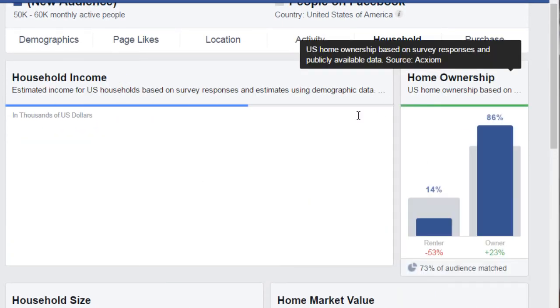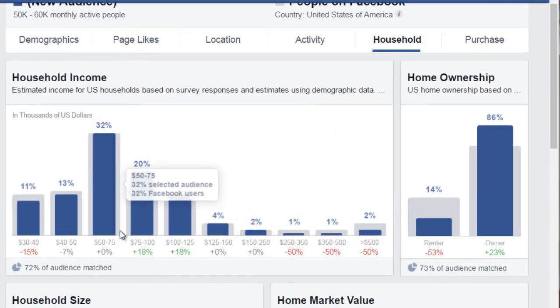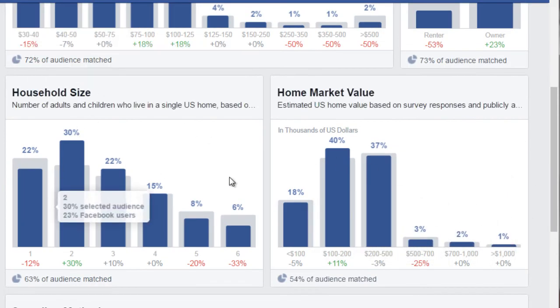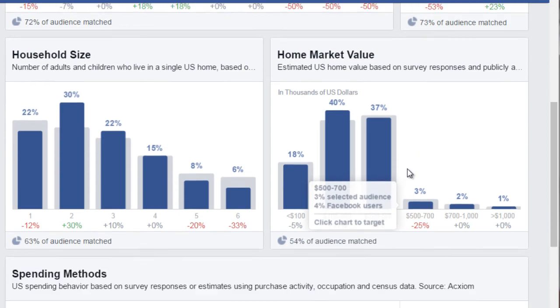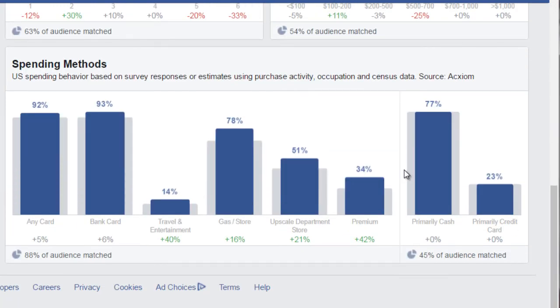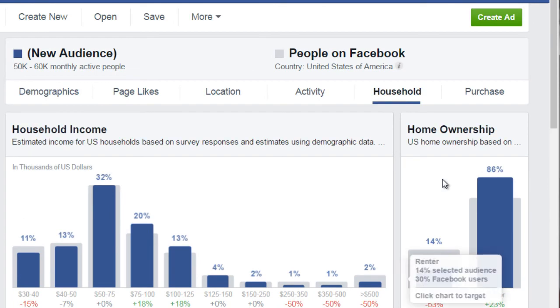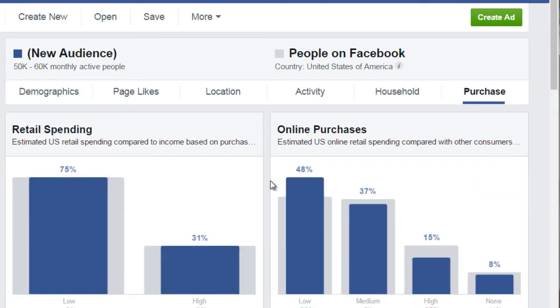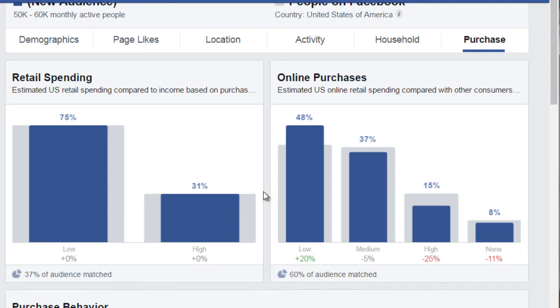Now we can click on household, and that gives you an idea of how much they earn, how many homes they own, how big is their household size and home market value, and of course, what their spending methods look like. And of course, if you click on purchase, this gives us an idea of retail spending, which is a good idea.